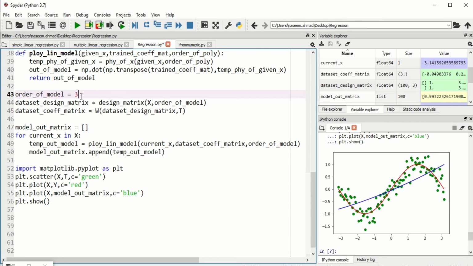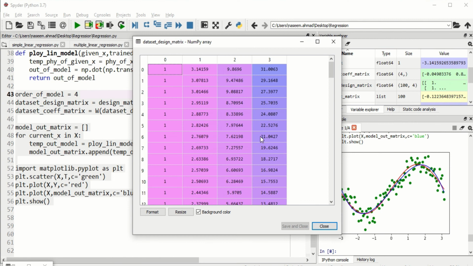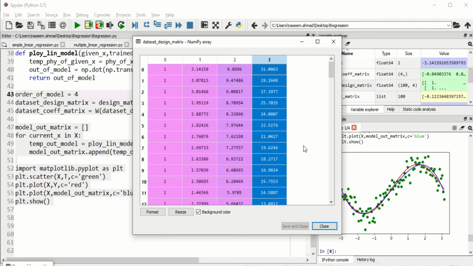Now what we have to do is increase the order of the model, run this line of code, and let's see how this model is performing. Yes, if we see here, the model is generalizing very well. The red is the sine function, the original function by which we created this data set, and the blue is the output of the model itself. So we can see the model is fitting perfectly, with a very low amount of error, which we can see right here. If we go back to the design matrix, as we are increasing the order, the design matrix columns are also increasing.